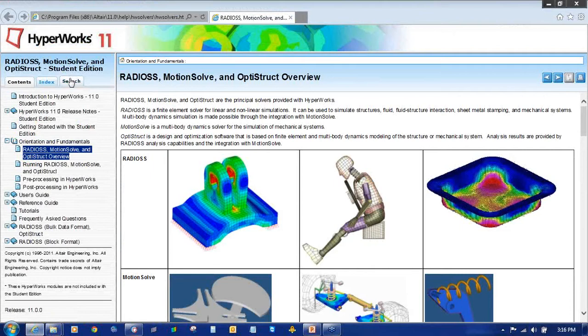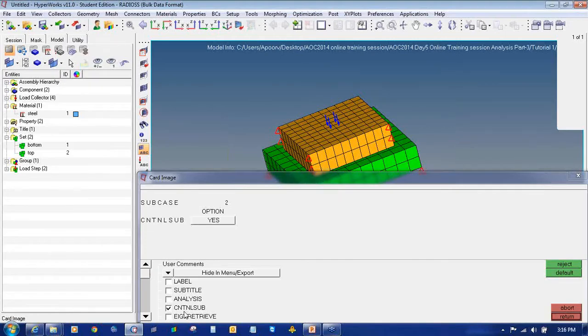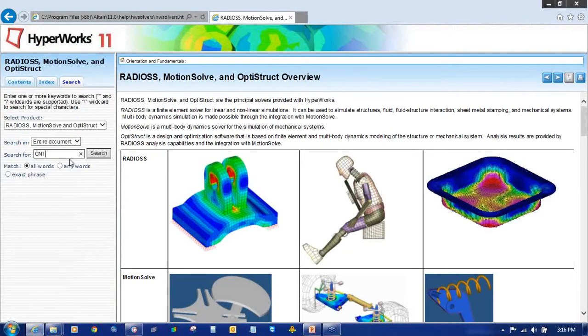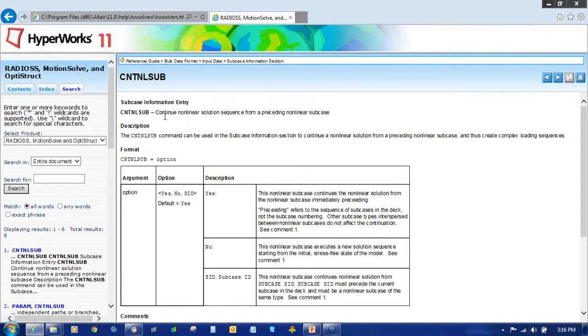So I will put it here, CNTNL sub, and click on search. So you can see continue nonlinear solution sequence for a preceding nonlinear subcase. So this command is used in the subcase information section to continue a nonlinear solution from a preceding nonlinear subcase and thus create complex loading sequences.